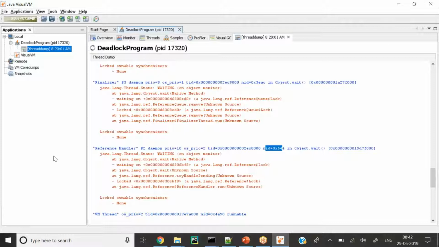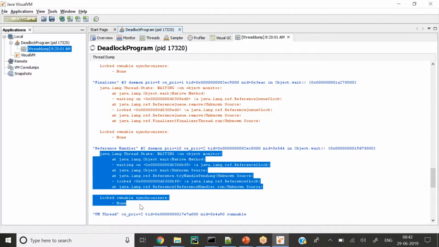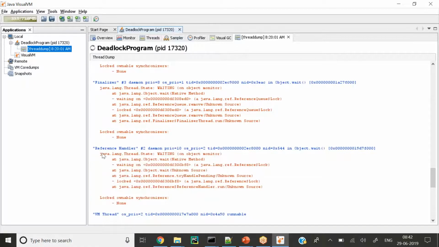Once you are after this particular line, you can see this is the stack trace. Whatever information is after this blue line you're seeing over here is the stack trace of this thread. First it will give you the state, waiting, which you can already get from the object dot wait. So it is waiting on the object monitor. We already discussed what the monitor is. It is a JVM facilitated object which